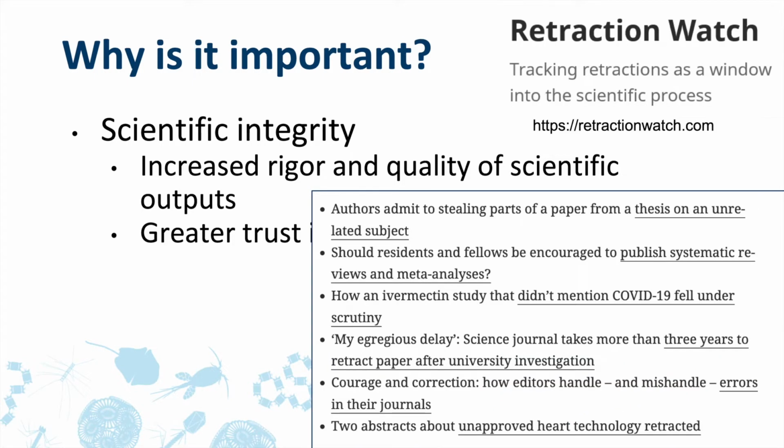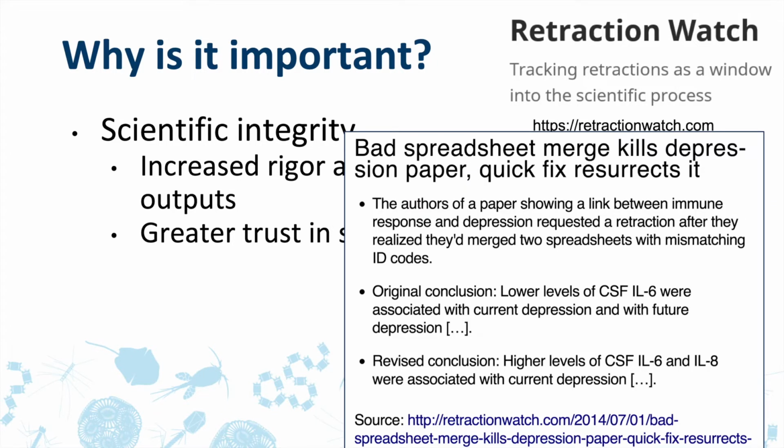And there's this great website, Retraction Watch. You can check it out and see what some of the recent retractions have been. I've pasted some here. But there are new bullet points popping up all the time on this site, and you can get a sense for some of the reproducibility mistakes that people are making leading to their papers being retracted. And a lot of them have to do with good, or I should say bad, data practices.